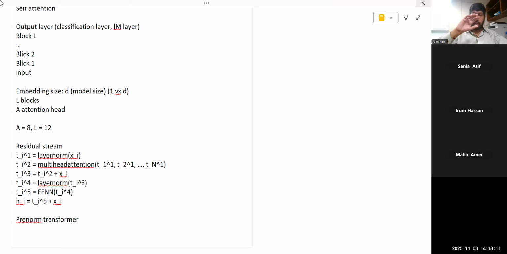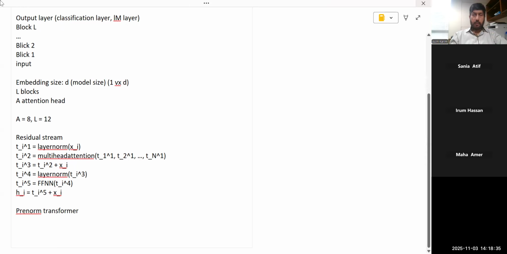अब ये दूसरे ब्लॉक के अंदर जो Hi यहाँ से निकला है वो दूसरे ब्लॉक में चले जाएगा, उसमें वही प्रोसेसिंग होगी. पहले हम लेयर नॉर्म करेंगे, फिर अटेंशन करेंगे, until you go to the last block, and then after the last block you do another normalization and then go into the output layer, which could be a language modeling layer or a classification layer or so on. ठीक है, so any questions here so far? All right,